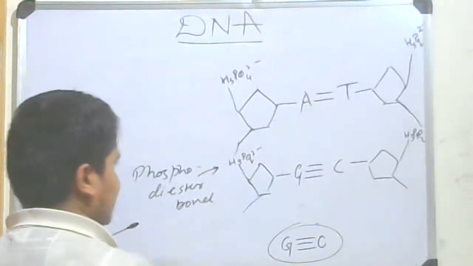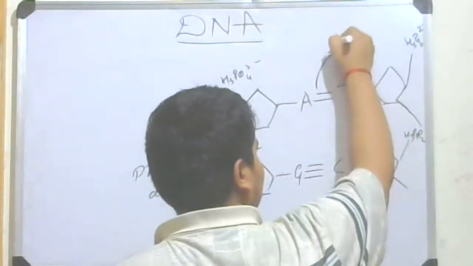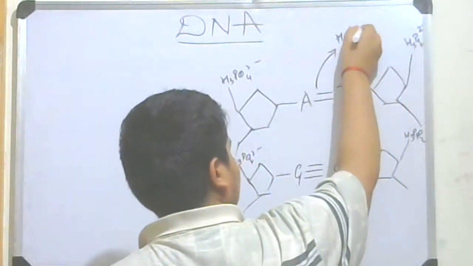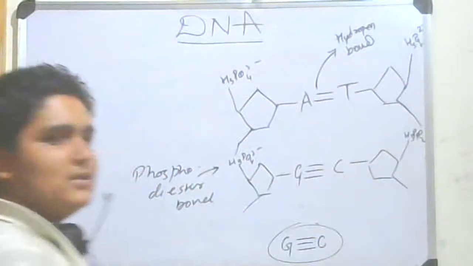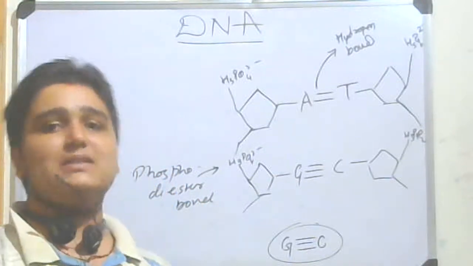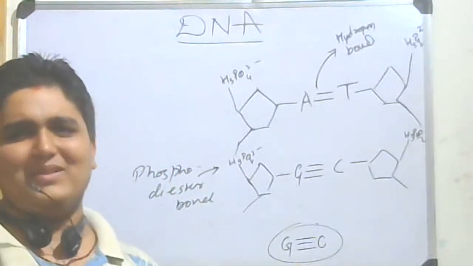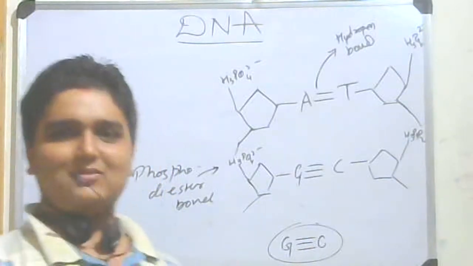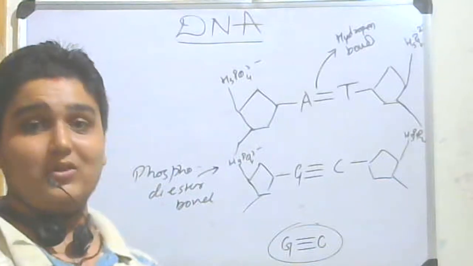Very important to understand. Okay, this is a hydrogen bond. Questions are often asked on this. Phosphodiester bond. Phospho, there is a phosphate group. Di, there are two ester groups. Ester or CH3, or whatever the ester's formula is. I don't remember it now. So there are two ester groups binding with a phosphate group,